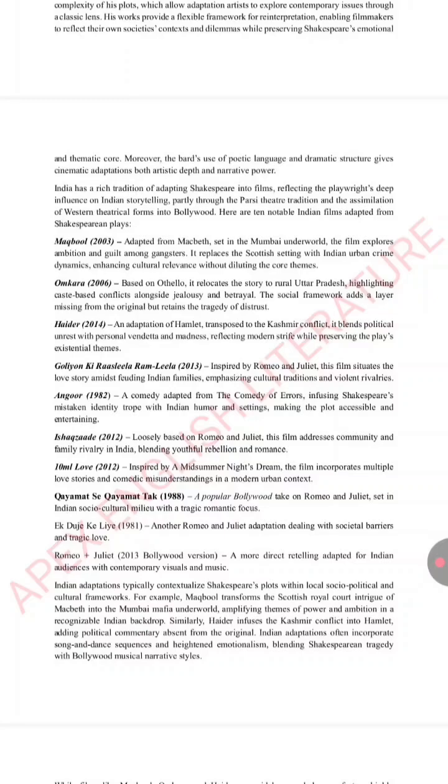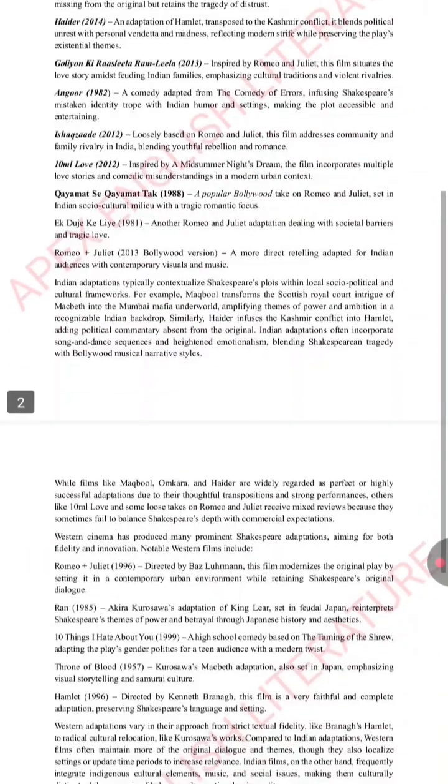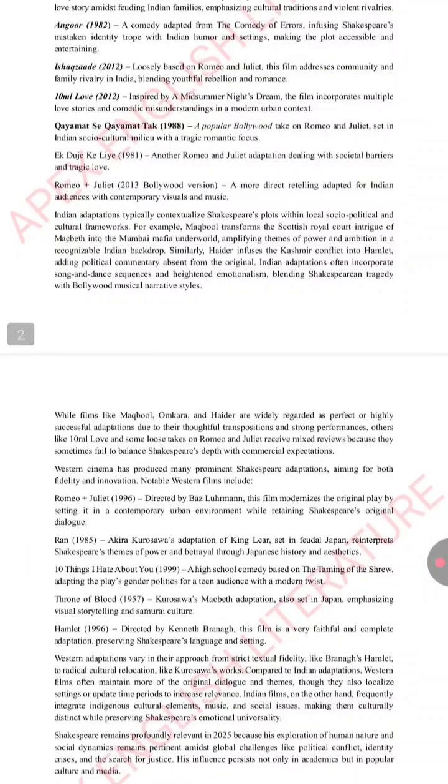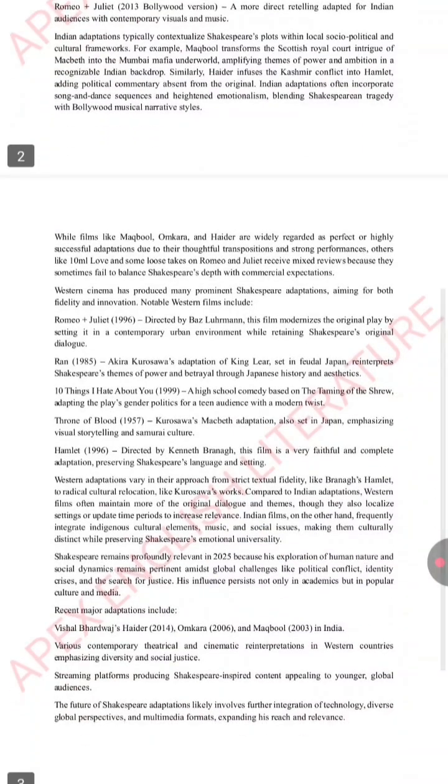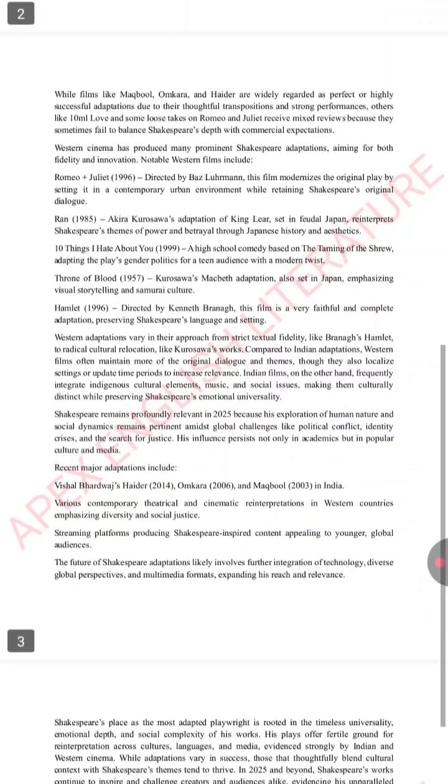Then we have Omkara, which is the retelling of Othello, Haider of Hamlet, Goliyon Ki Raasleela Ram-Leela of Romeo and Juliet, Angoor, Ishaqzaade, 10 ML Love, and it goes on. Then you can also give the examples of the Western adaptations of Shakespeare, how they have made, like, Throne of Blood, 10 Things I Hate About You,